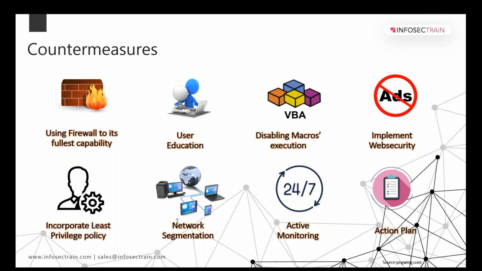For example, when I mentioned earlier that we observed almost 3,000 log4j attempts, the moment we figured out that log4j was being exploited, we implemented alerts and security measures to block the attempts and notify us so that we could take further steps and investigate that particular source or IP address. With all this: disabling macros, implementing strong firewall policies, educating the user, implementing web security, giving least privileges,